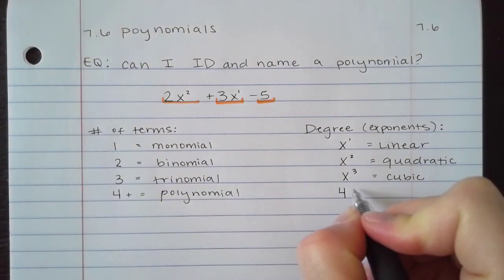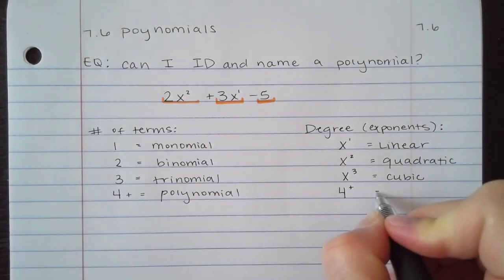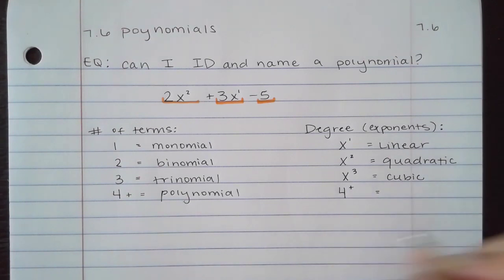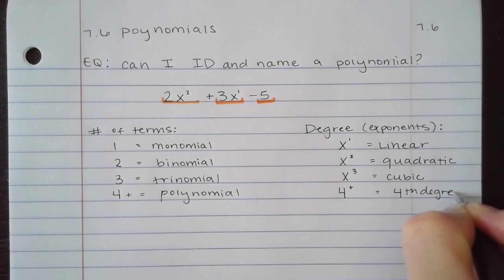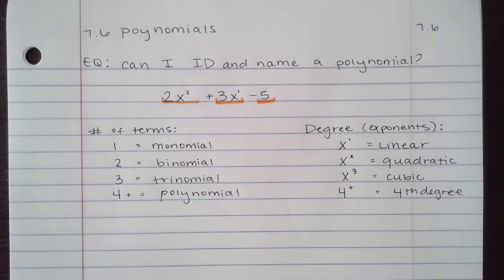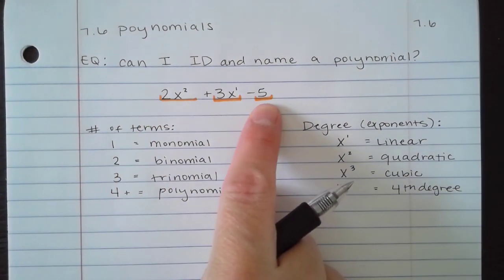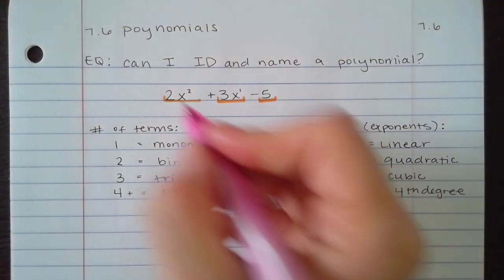And then after, again, if it's to the 4th power or plus, like if you have x to the 4th, x to the 5th, you just call that a 4th degree. Or a 5th degree or a 6th degree. So let's look at this example. This is a